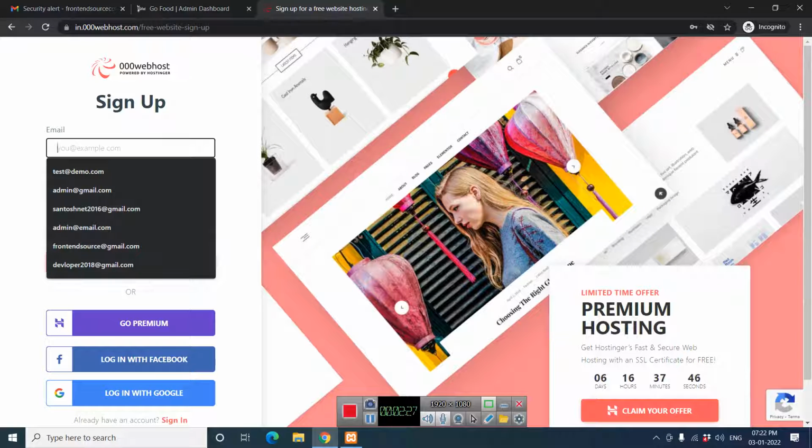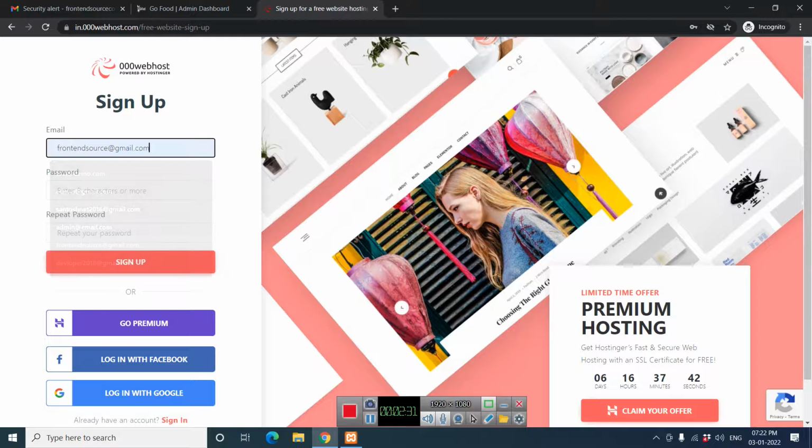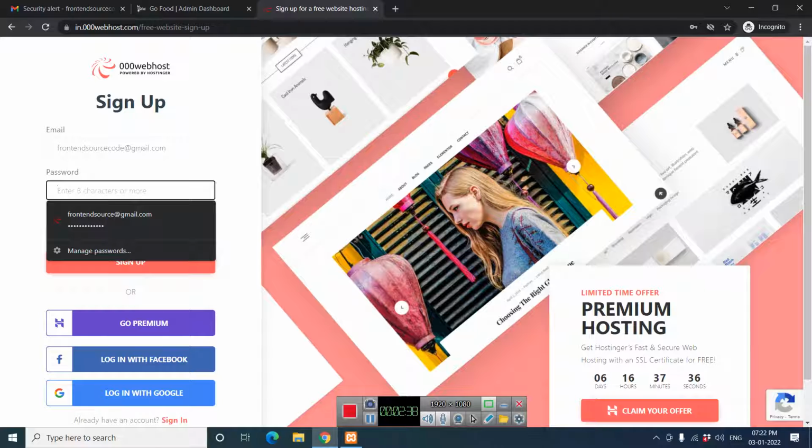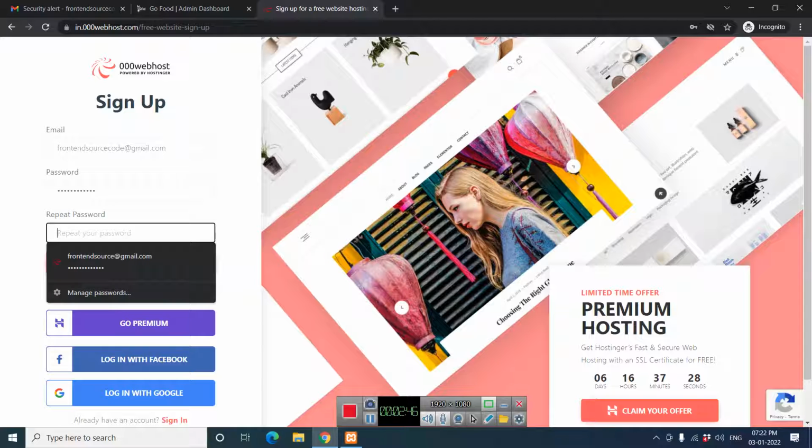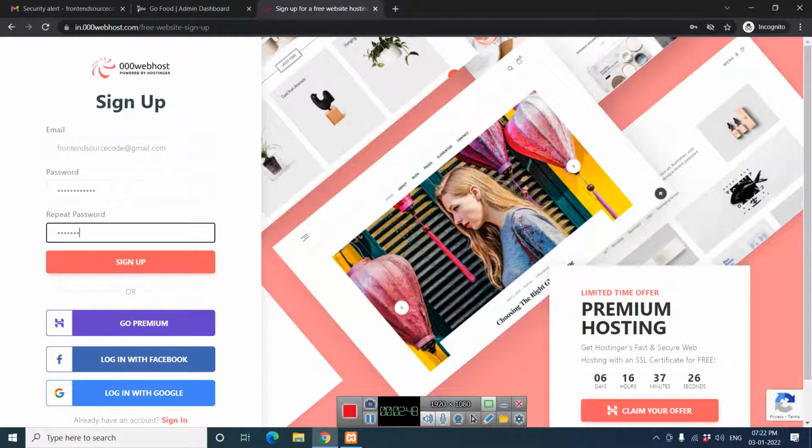I'll sign up with this one, give the name Content Source Code, and I'll give the password. Okay, so let's sign up.